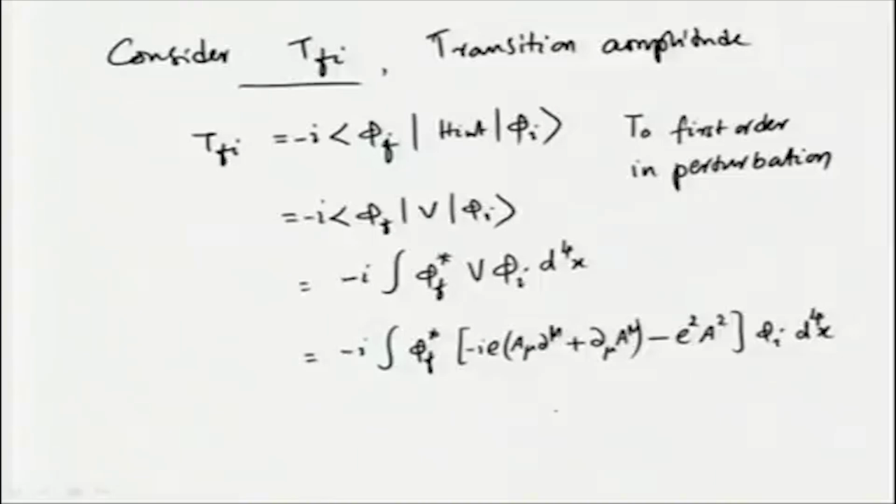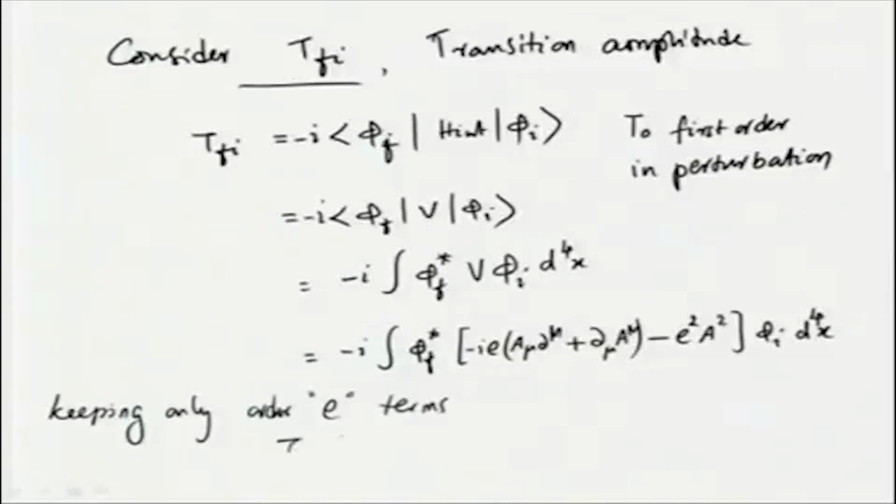Right, and e square itself is of the order of 10 power minus 2, and e is therefore of order 1, and then there is an order of magnitude difference between these two. So, we can actually neglect it easily. Okay. So, essentially keeping only order e